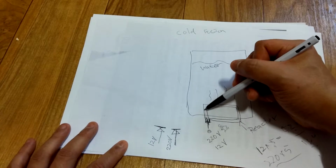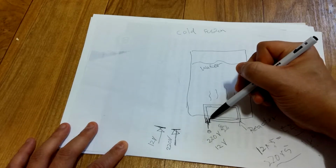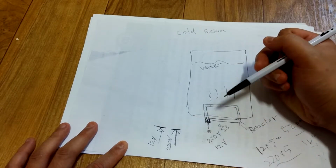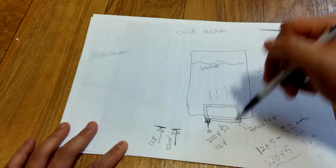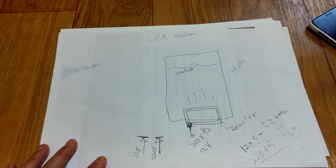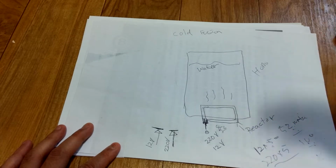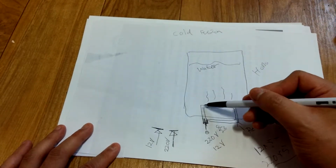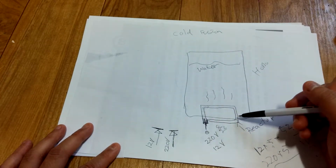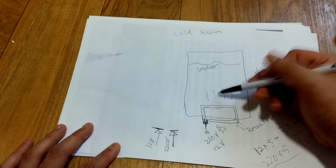To do that, all this hydrogen gas will travel in this circle, in this direction, and come back to this electrode. These gases will come back to the electrode and burn up again. And this process goes over again. That will also increase the efficiency of cold fusion because we're burning all the hydrogen gas. And this electrode is just a stainless steel bar. So this stainless steel pipe will release heat,